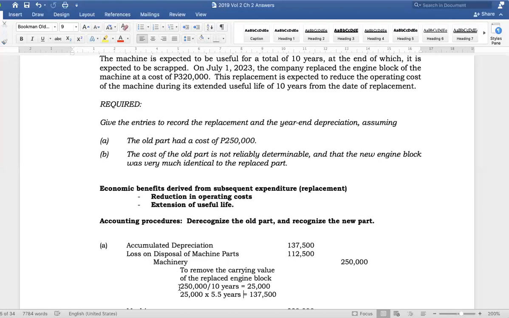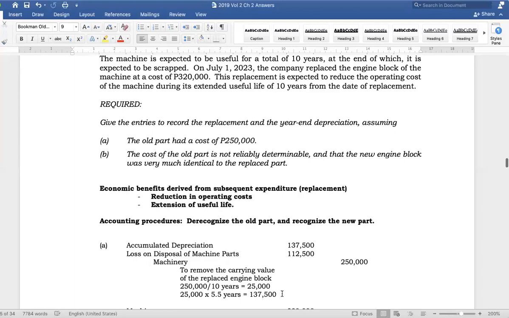So the annual depreciation on the old part is 250,000 divided by 10, that's 25,000, times the number of years from the date of acquisition to the date of replacement. So you are to assume that depreciation has been updated up to July 1, 2023. So that's a total of